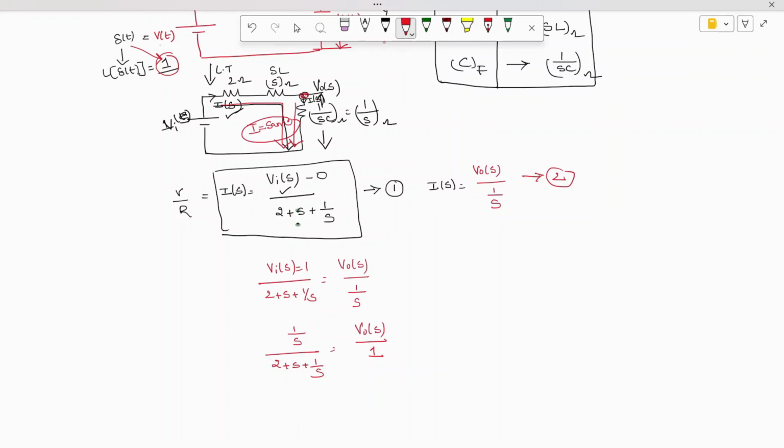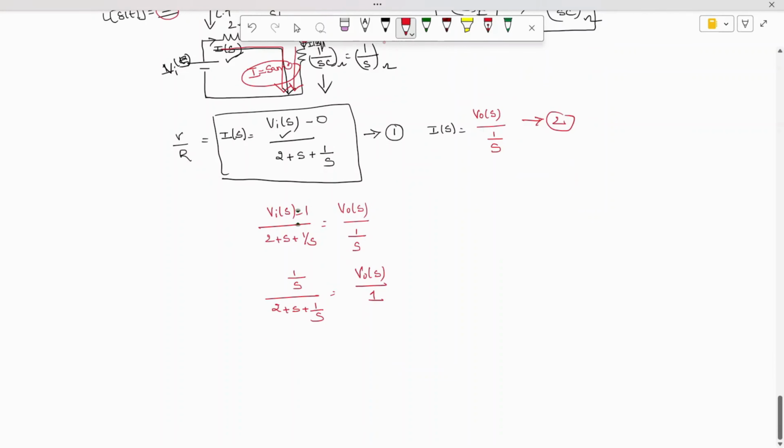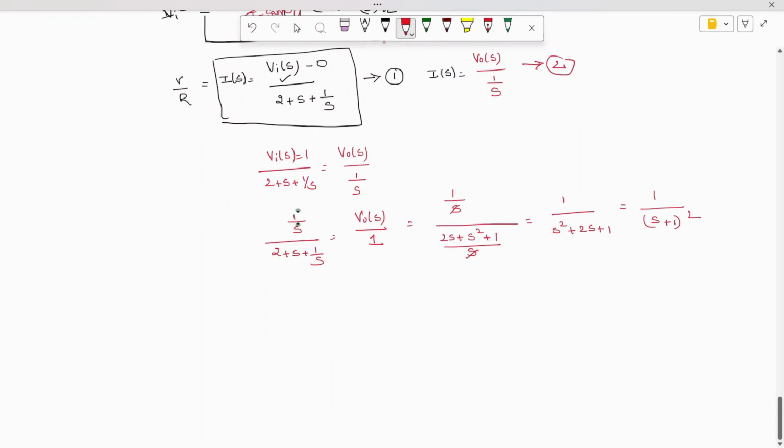Okay, so when you solve it in the required form, this is 1 by s divided by, take the LCM as s. This is nothing but 2s plus s square plus 1. S will get cancelled. Then we are going to get 1 divided by s square plus 2s plus 1. This I can write down as 1 divided by s plus 1 whole square. Okay. So now successfully we have obtained v naught of s is equal to 1 by s plus 1